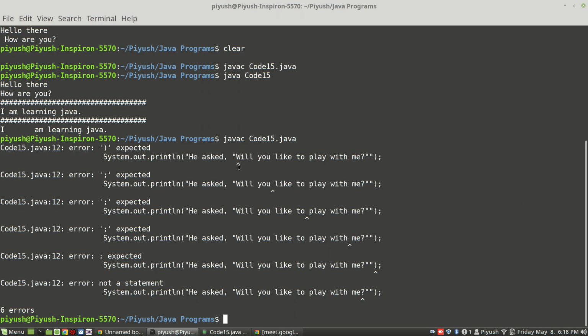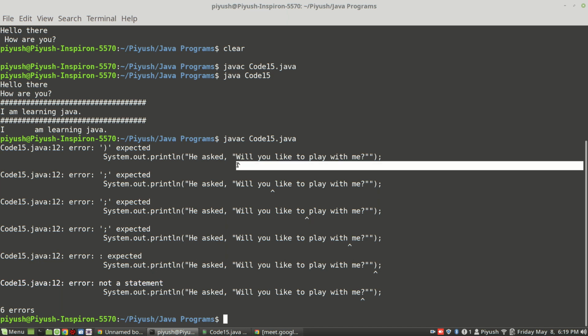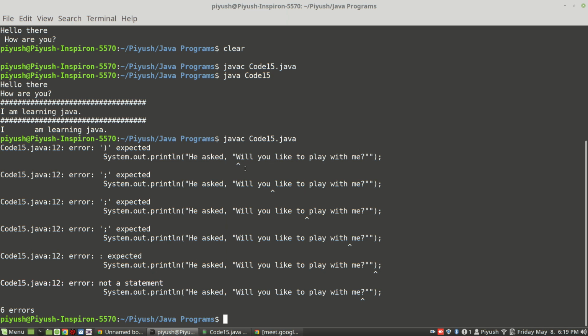Don't worry about the "expected this" and "that" messages, but it marked where it got confused. At this place it got confused about what it is, and then again further on, it keeps complaining till the last. So it is not able to understand, starting from this position, what you are doing, what you mean by this. It is giving you errors in its own way, so you are getting a wrong output, or rather an error.